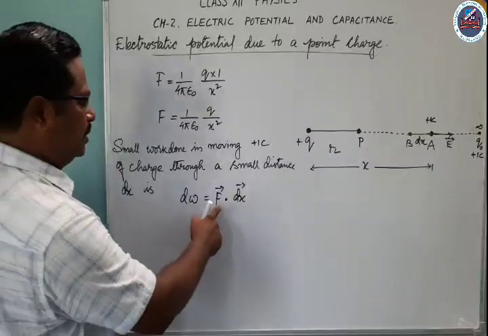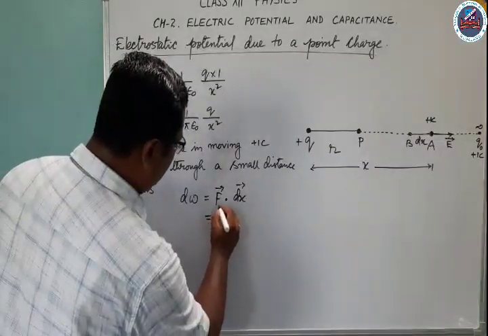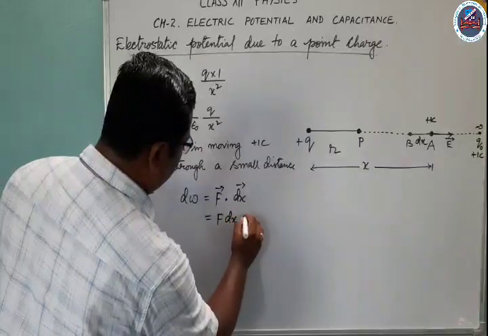As you know, work done is dot product of force and displacement, which you can write as F dx